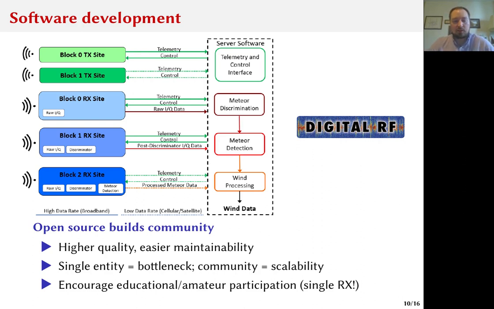So we're planning on making all this code open source, and we think that'll give us higher quality and easier maintainability because of many eyes on the problem. And we also know that a single entity can often create a bottleneck. If we want to grow this network and make it a large project covering more than just the Rocky Mountain region, it's going to be hard to do that if one entity controls all the software. So having a community involved in the software development and making it open means that we can get better scalability